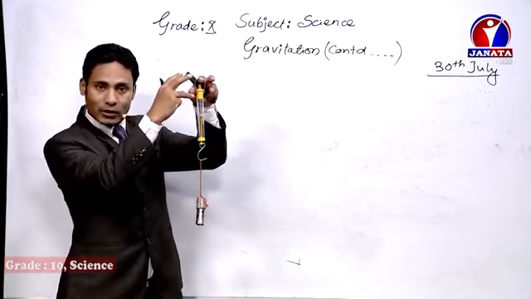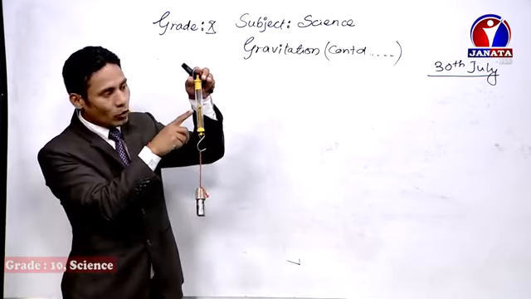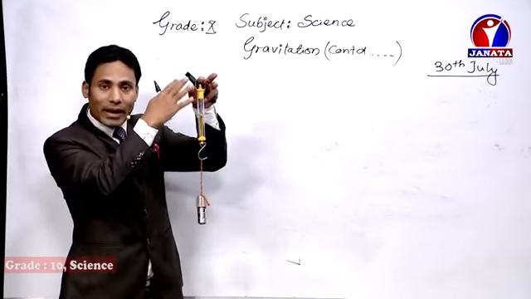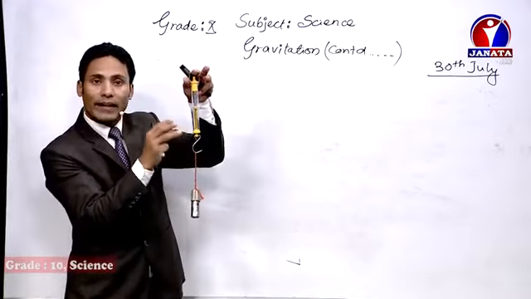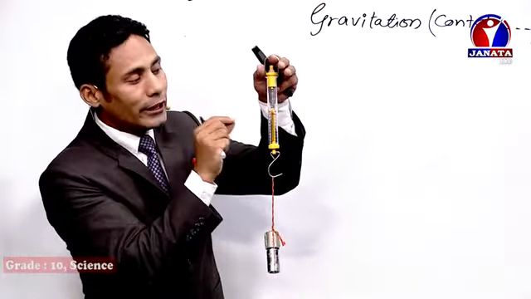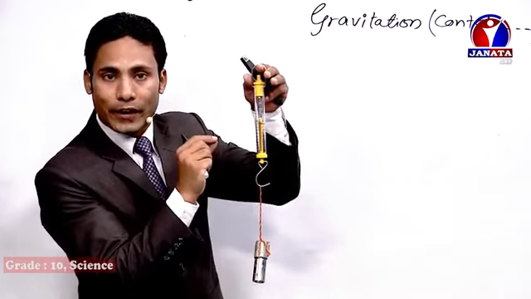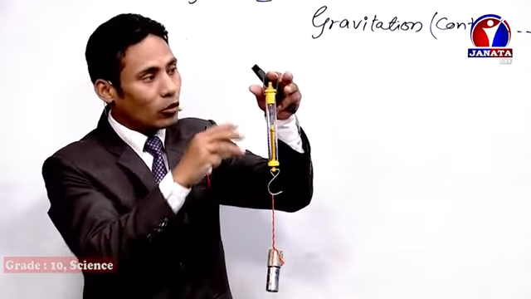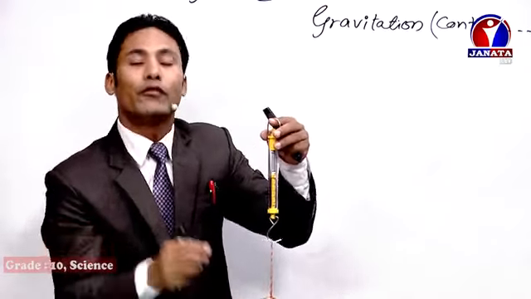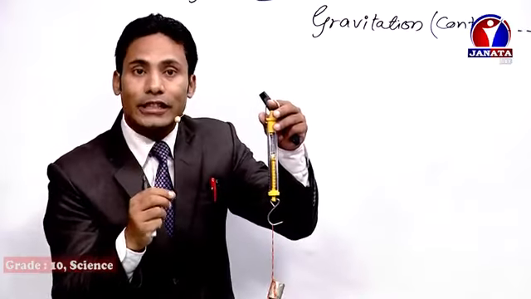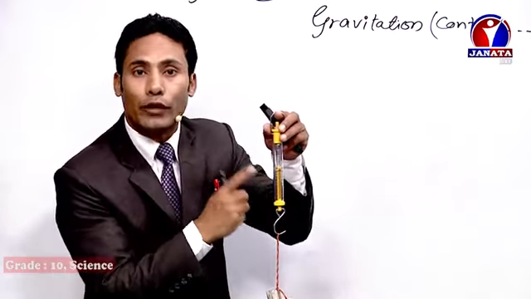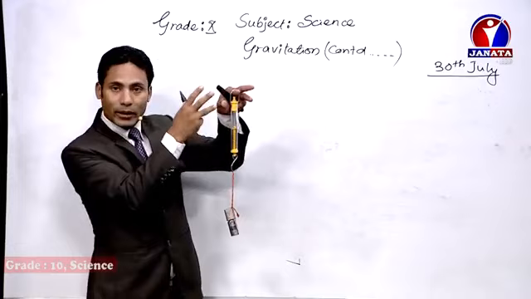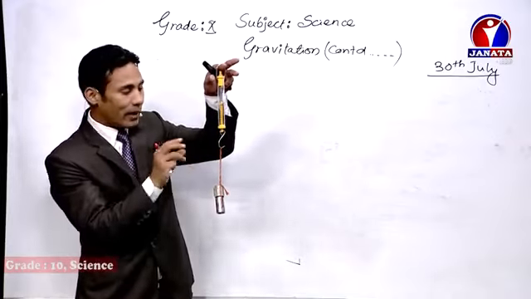Right now I'm holding this one object. That's why the weight is shown about 3 Newton. Whenever I just hold this spring balance, and the weight is held by this spring balance, in that condition, the 3 Newton weight is there, right? But if I leave this object, without holding it, and then try to read, in that condition, it shows 0 Newton weight. So let me explain this again. Right now I'm holding this spring balance, and the weight is held by the spring balance.